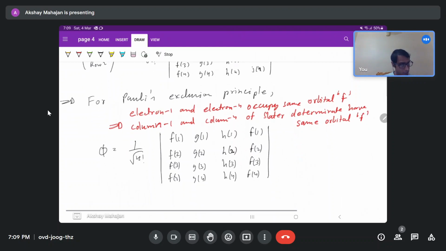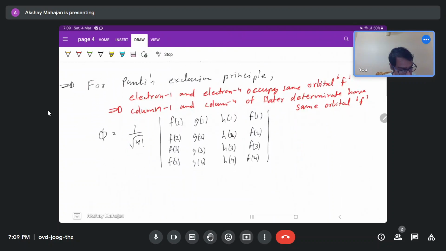So we write the same f orbital in the first and the fourth column, and then we put our electrons in the rows 1, 2, 3, 4. Now we see that column 1 and column 4 are the same, so this phi will be equal to 0,